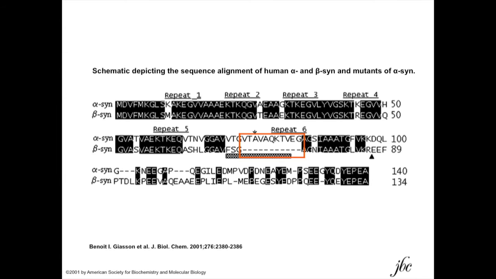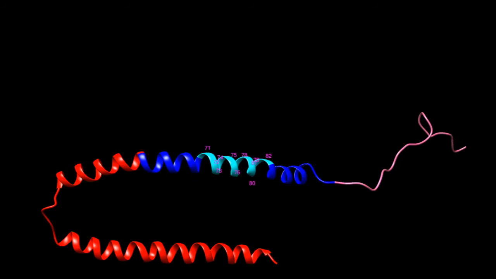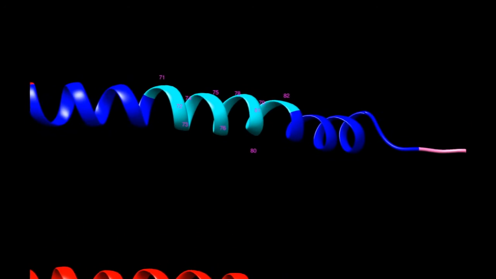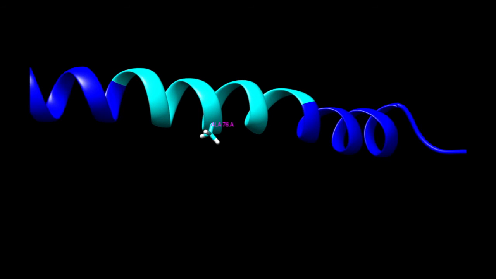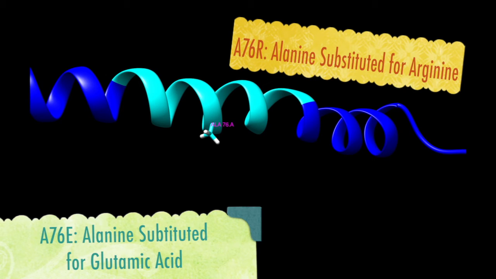The similar beta-synuclein protein in humans is almost identical to alpha-synuclein, but lacks these 12 crucial amino acids and fails to aggregate, as indicated by the green label. To further confirm the importance of this hydrophobic region in fibrillogenesis, a single residue in the middle of this region, alanine 76, was substituted with either a positively charged arginine or negatively charged glutamic acid residue, denoted as A76R and A76E